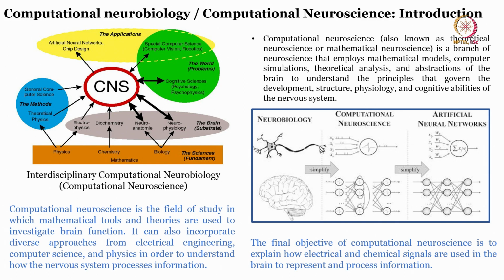Now, when you go for the cognitive sciences, whether it is psychology or psychophysics, what are the real world problems, how the brain works, why it is not working in a correct way. If somebody has a problem, you go through the cognitive sciences, understanding that part of the brain related to memory or depression. Sometimes people cannot remember, they cannot be attentive. So a lot of other applications can come within computational neuroscience. We are doing the computation of the structure.